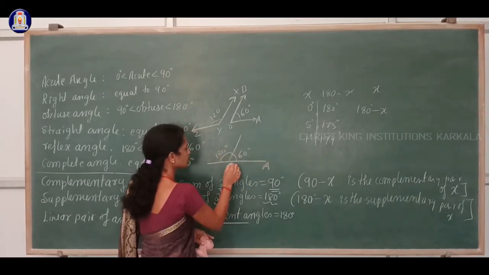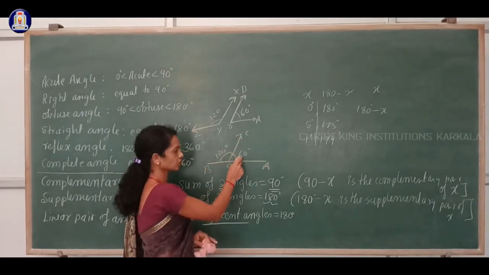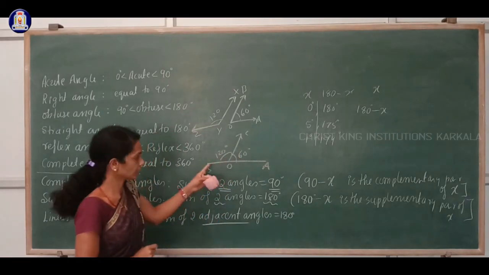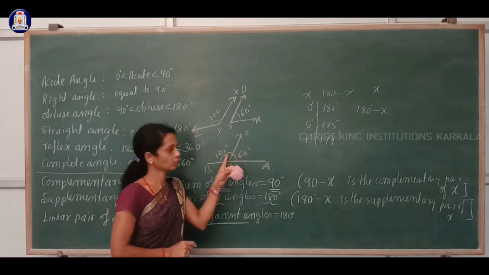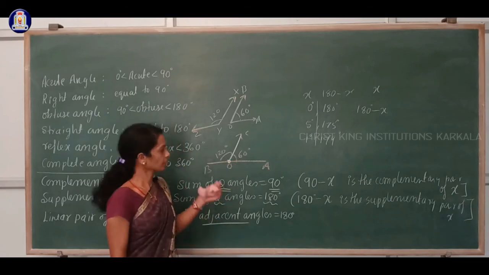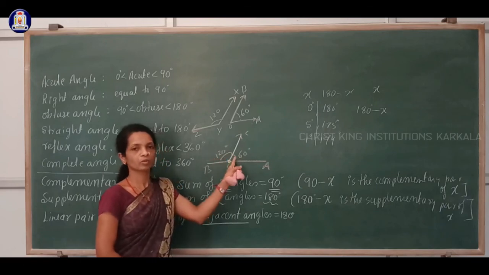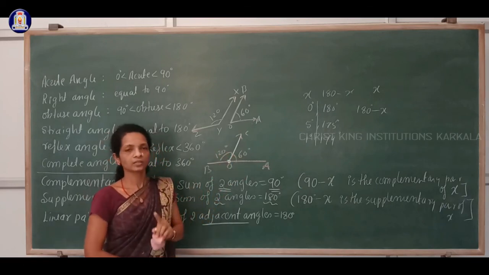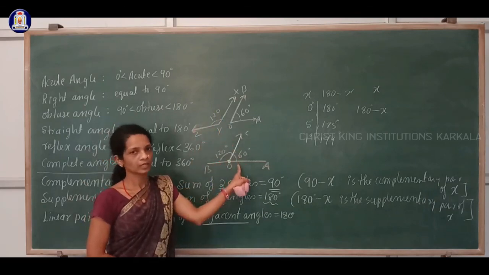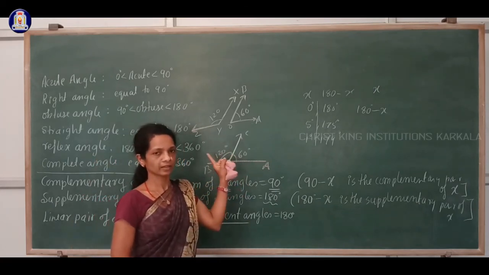Suppose you have a situation like this, this is 60 degrees and this is 120 degrees, and I'll take this as AOB, this as C. See now, angle AOC is 60 degrees, and angle BOC is 120 degrees. Here the sum is 180 degrees, and these two angles are adjacent angles. Why? Because they have a common arm and a common vertex O. So these two angles are called a linear pair of angles. You can also call them supplementary angles, but supplementary angles may not always be a linear pair of angles, while a linear pair of angles are always what? Supplementary angles. Okay, thank you.